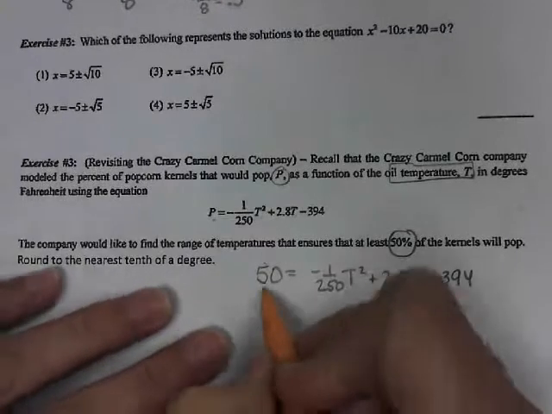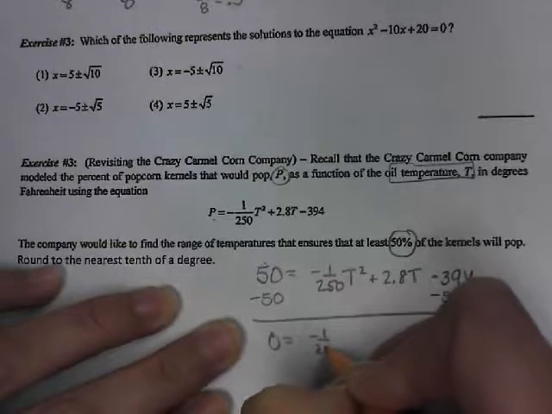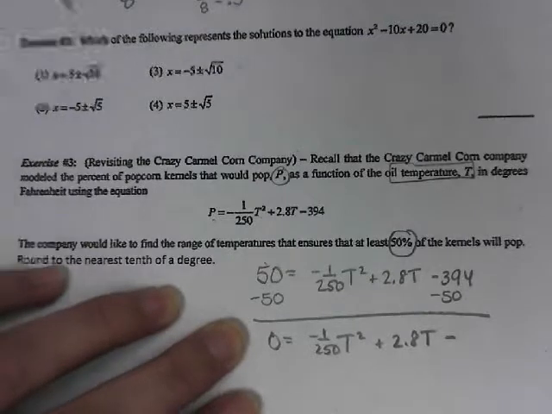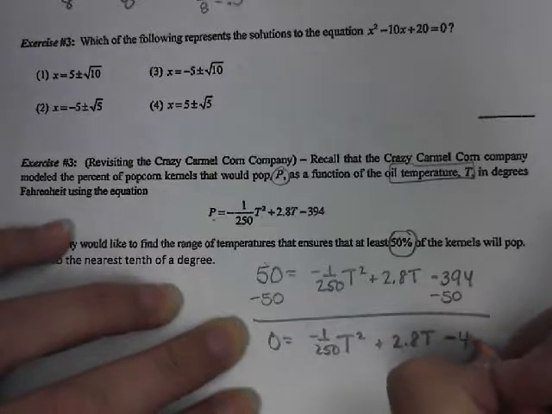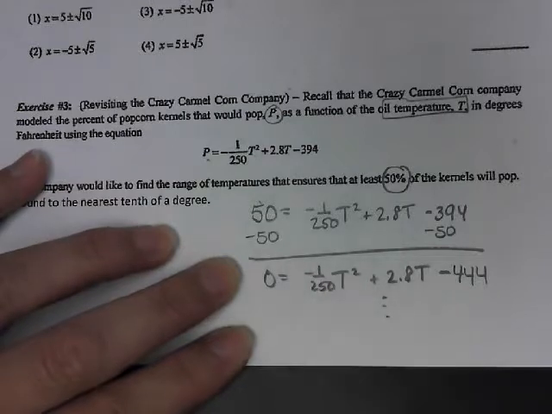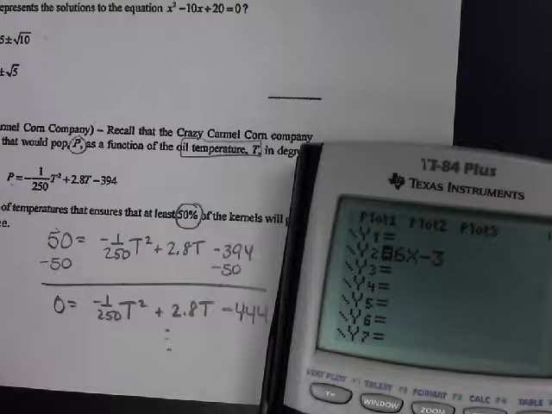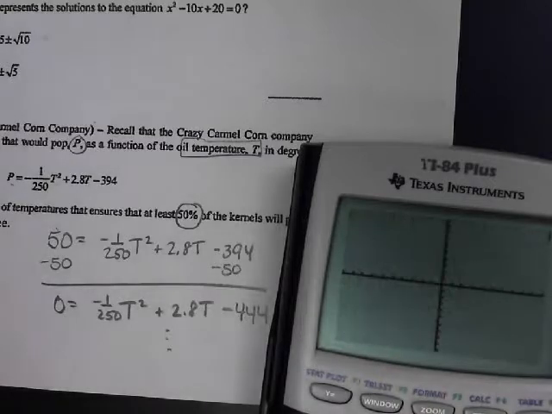And we would solve this by subtracting 50 from both sides. Negative 394 minus 50 gives us negative 444. And we would go through the quadratic formula and solve that. You might want to change that into a decimal. I'm going to cheat, and I'm going to solve it via the calculator. So negative 1 over 250 x squared plus 2.8x minus 444. And if I graph this,